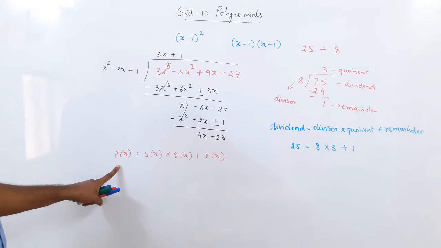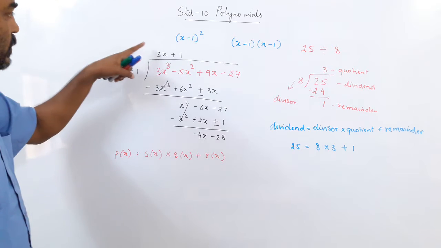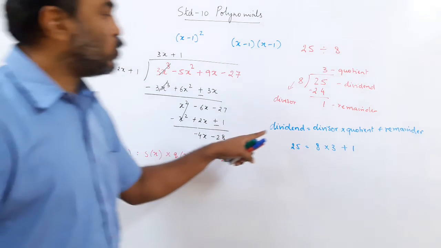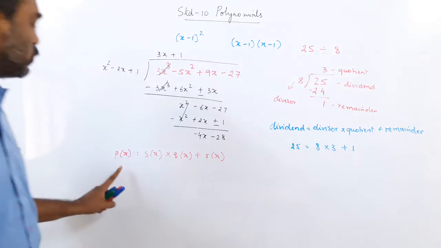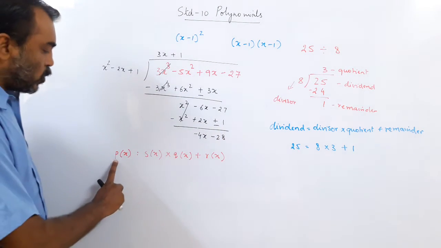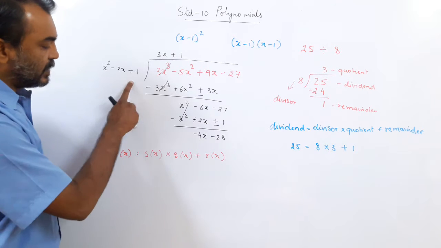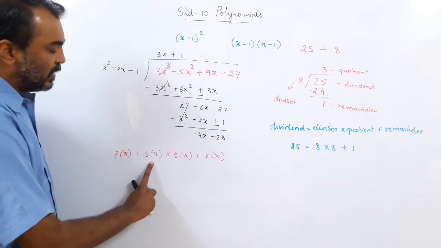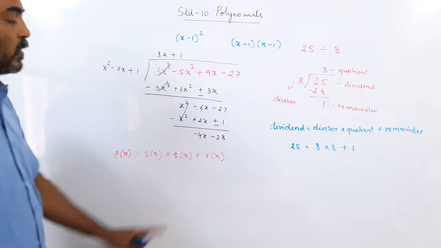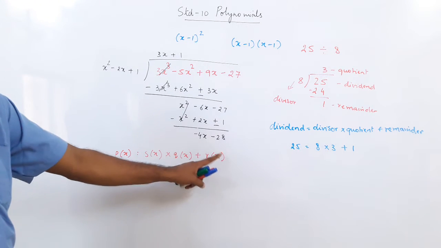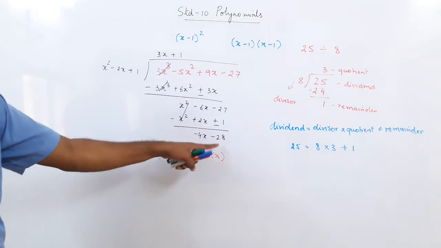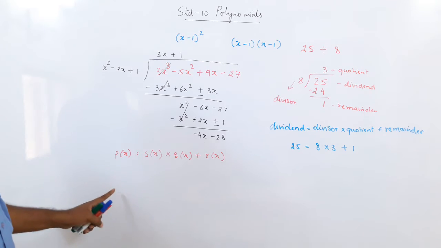So if you want to write it down, we can write it the same way. So what do you do here? If you multiply this with this and add this, you will get the same thing back. So the rule that applies to normal numbers also applies to polynomials. Polynomial p of x when divided by s of x will give us p of x equals divisor into quotient plus remainder. Now if the remainder is 0, then this is a factor. But here you can see the remainder is not 0, so it is not a factor.